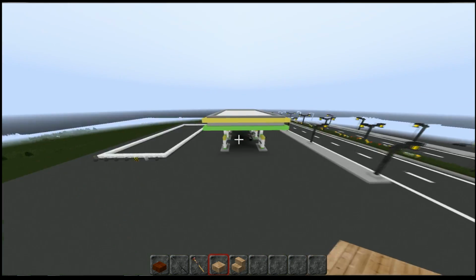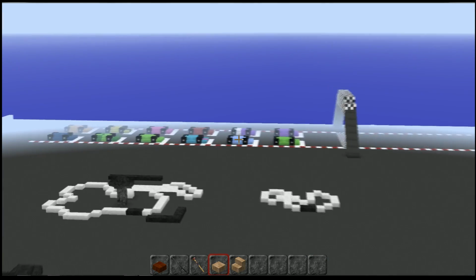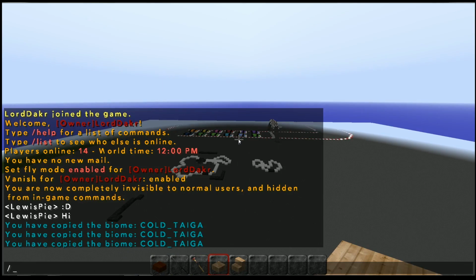Now Zarius has been working on, and it's over this way, some of the little go-karts that he's been working on, a track on the server, and we've got a load of different coloured ones here, so if you want to see those as well, there you go, you can see all the different variations and they all work. If I just do warp lone pine,